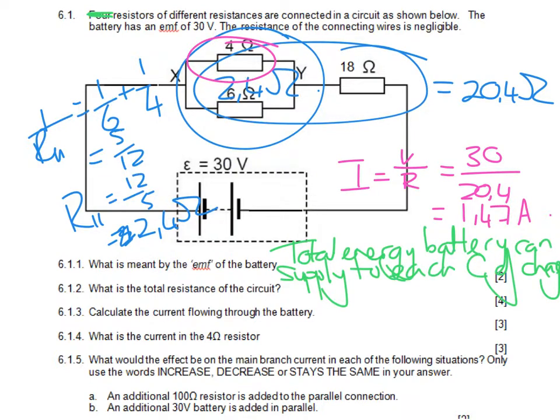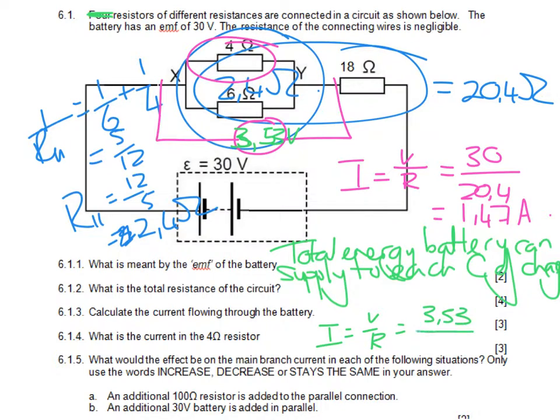Well, now we've got a little branch. We can do a ratio, or we can put a pretend voltmeter over here, and then we can say, using this current over here and the 2,4, we are able to multiply them together and get a potential difference of 3,53 volts. And from there you can say current is equal to V over R,